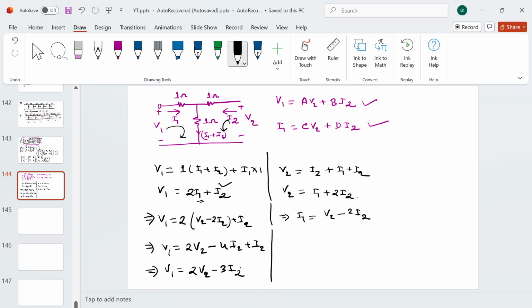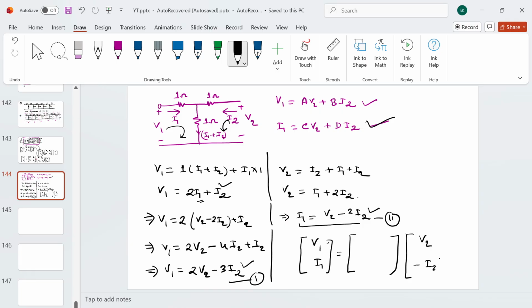And from here I know the V1 relationship. I know this from this equation also. If you just look into these equations, I1 is equals to CV2 plus DI2. Okay, so this is my final equation. This is my equation 1, this is my equation 2. If I rearrange these equations in a matrix form, V1 I1 is equals to